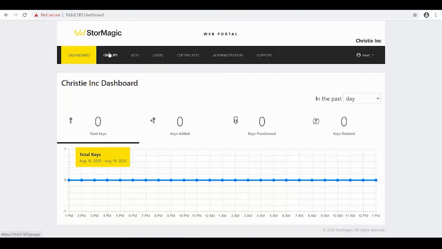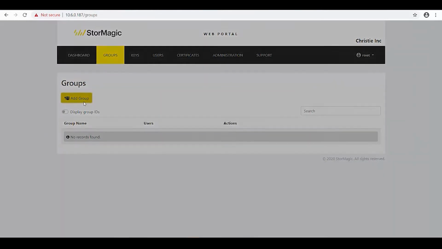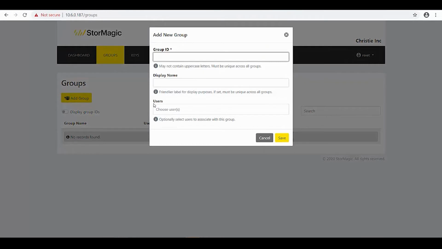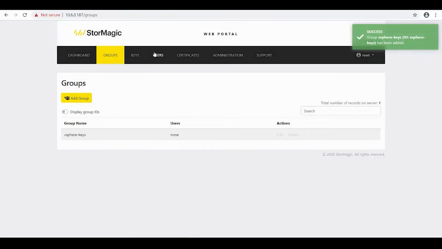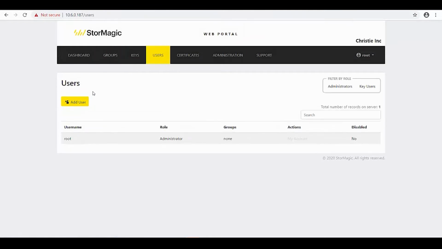So what we're going to do first and foremost is to just create a group in order to be able to put our vSphere keys within. This is just a logical sort of bucket, as it were, to put them in. And we'll then create a